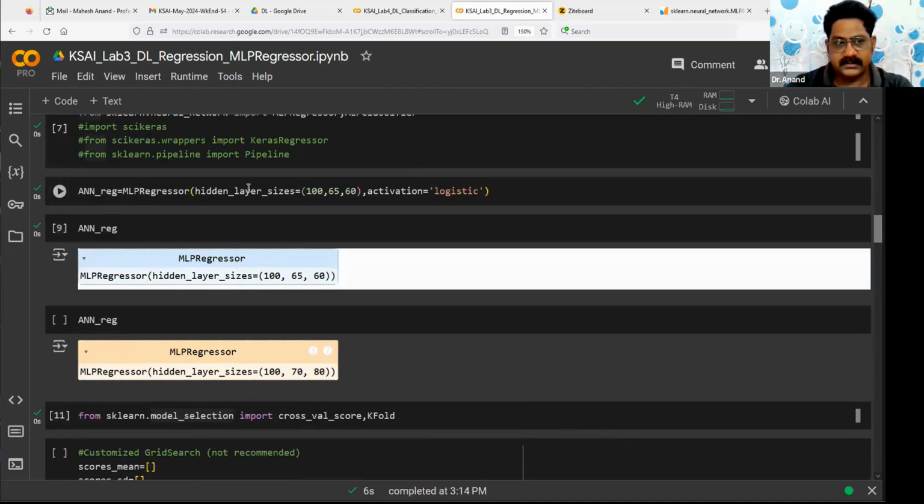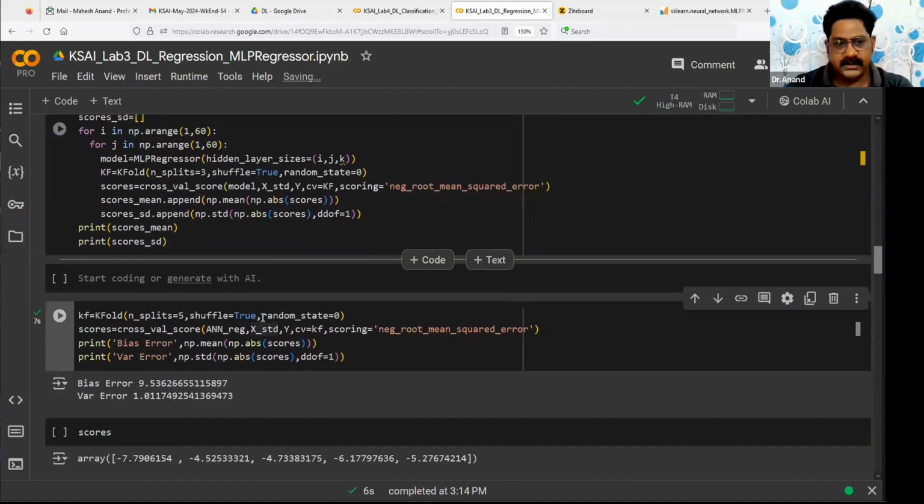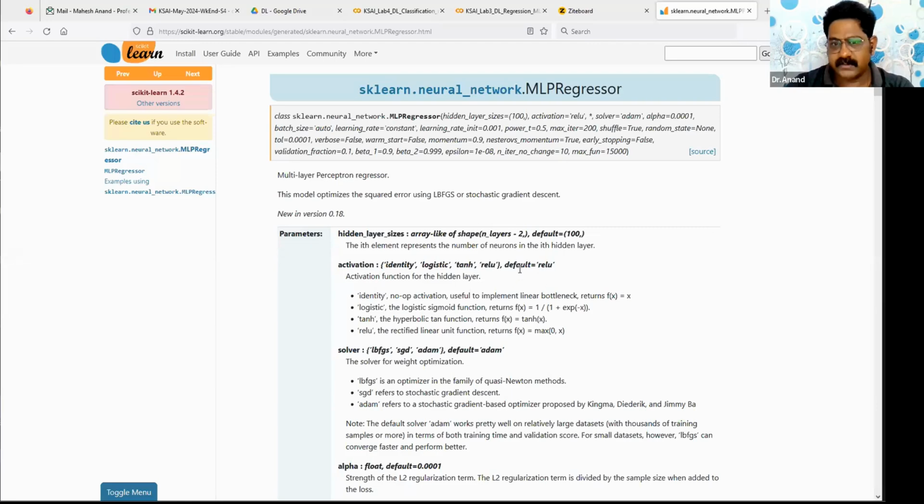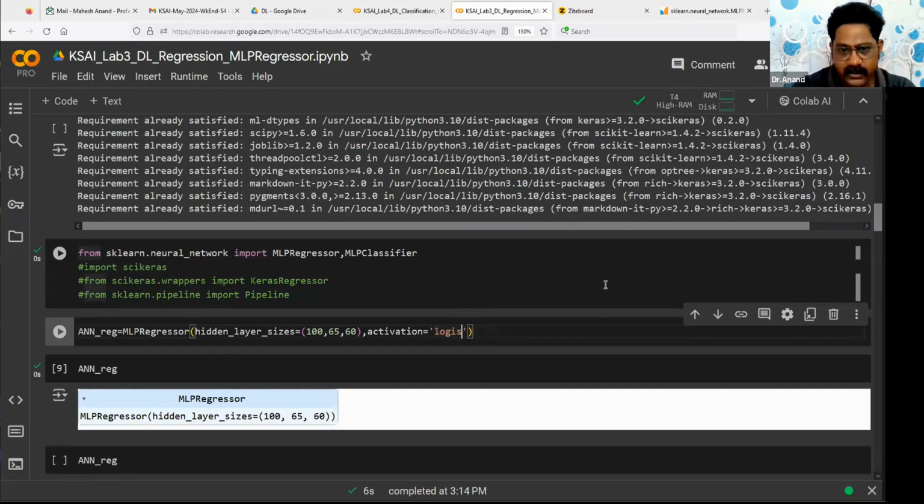Look at this. For the same architecture, with logistic activation function, the bias error is very high. You have to see the syntax in what way, all lowercase. ReLU. ReLU is the default, I guess, for this. If we go with the default ReLU, or ELU,